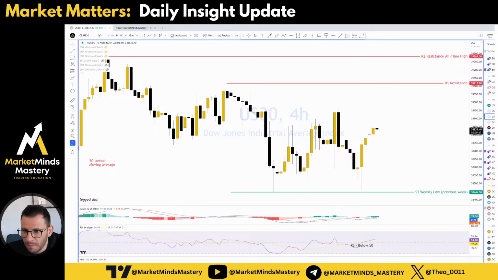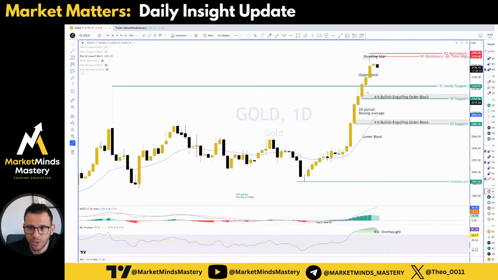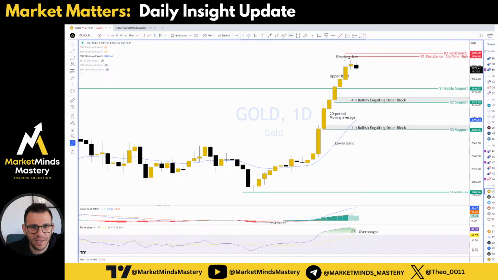And next one, gold on the daily chart. Finally, we're gonna experience some retracement maybe. So price yesterday ended up as an inside candle, this one here, and we expect it to move lower and